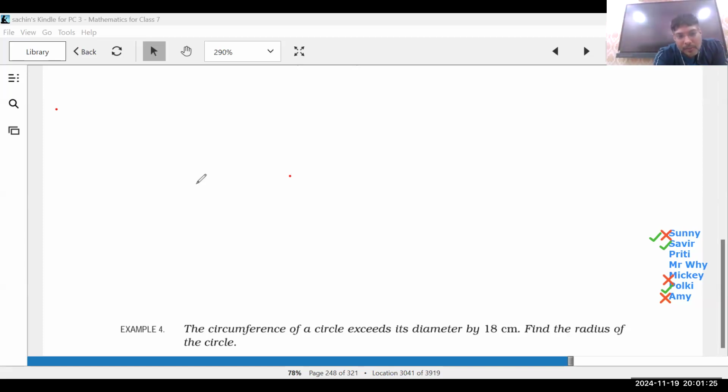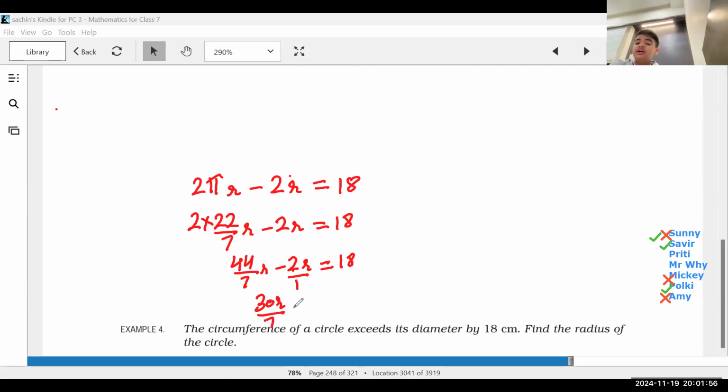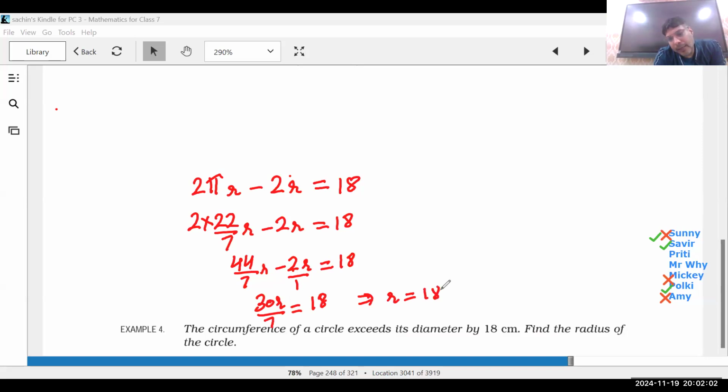So circumference is 2 pi r exceeds its diameter, मतलब डायमीटर से बड़ा है, कितना बड़ा है 18। अब 2 pi r को मैं लिख लेता हूँ 22/7 r minus 2r is equal to 18। This is 44/7r minus 2r is equal to 18। तो गाइज इसको आप करोगे तो इट विल बी 30r/7, ये हो जाएगा 14r/7। सर अगर 2r की जगह डायरेक्ट d लिख लें तो? d भी लिख सकते हो आप, ओके तो भी आंसर आएगा। 18 into 7 divide by 30।